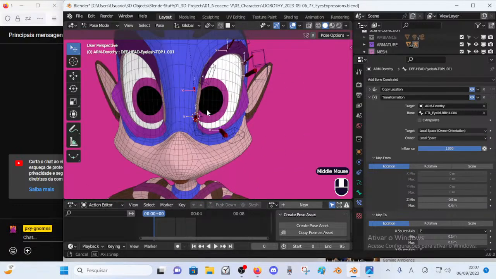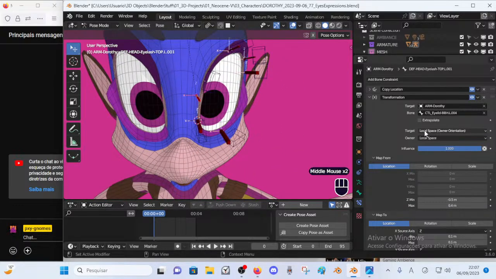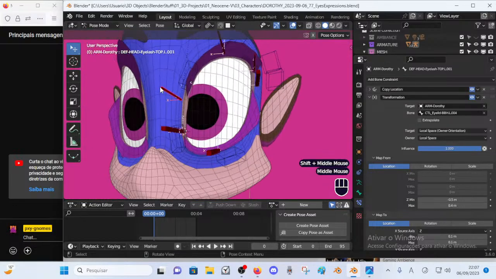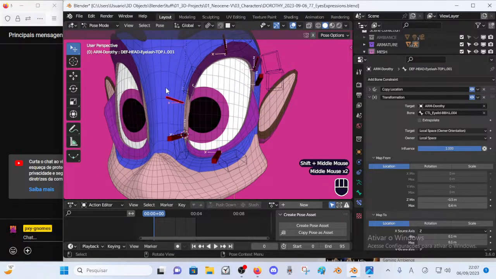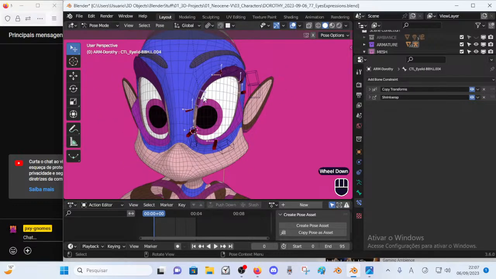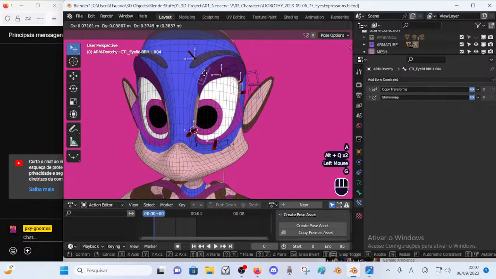That's why I'm also switching this to local space on orientation, so I can reuse these gizmos here, and even get the positioning of this bone in relation to this local space. This is very intriguing, right? And so confusing, but it works.